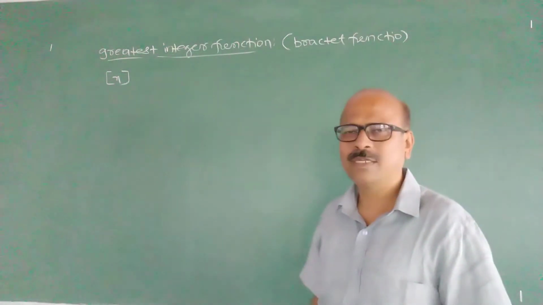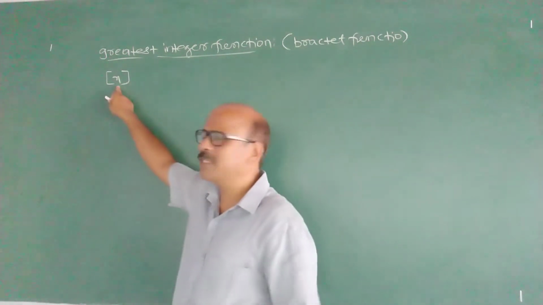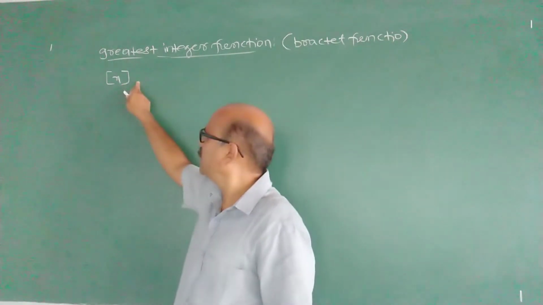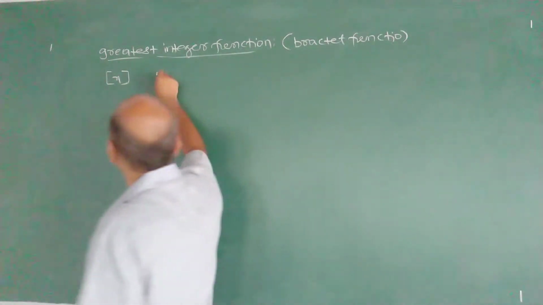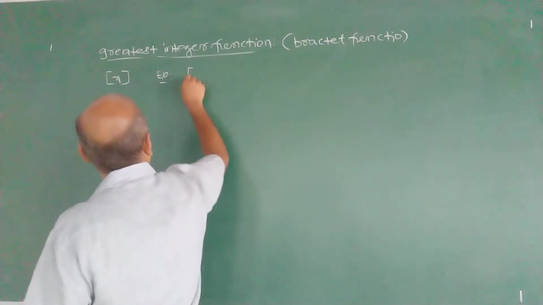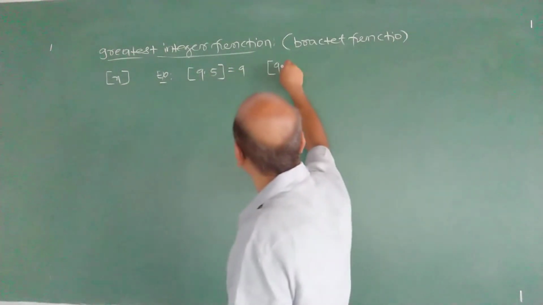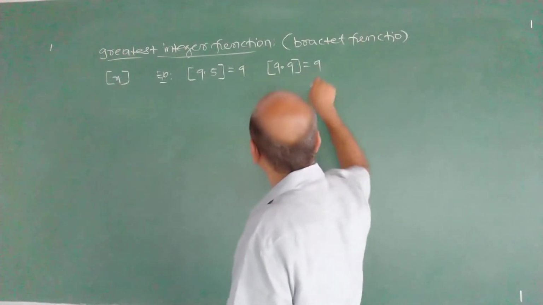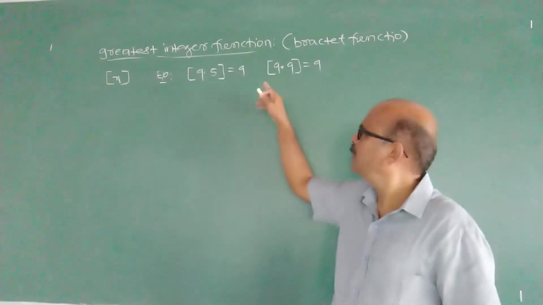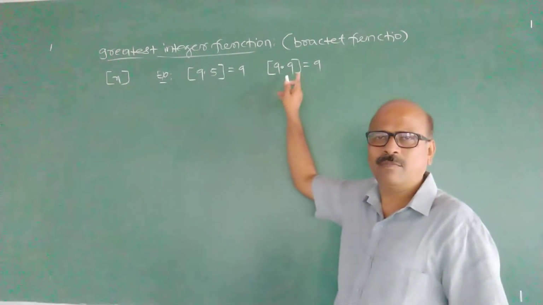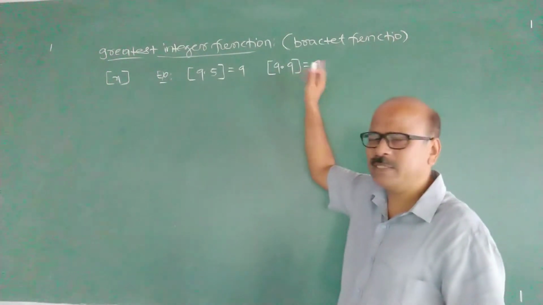Did you follow the definition? If I give an example, then it will be clear. I repeat the definition. This greatest integer x denotes the only integer which doesn't exceed x. See, the example is: greatest integer x of 9.5 is 9. Greatest integer x of 9.9 is also 9. 9.9 is not 10. In rounding off, we take 9.9 as 10. But in greatest integer x, the definition is greatest integer of 9.9 is 9 only.